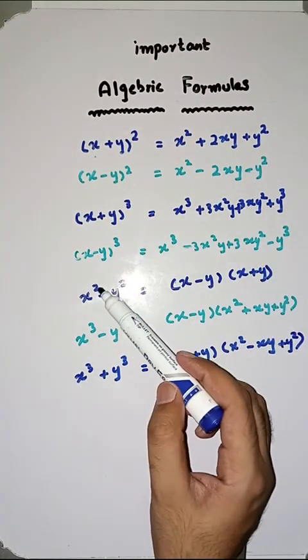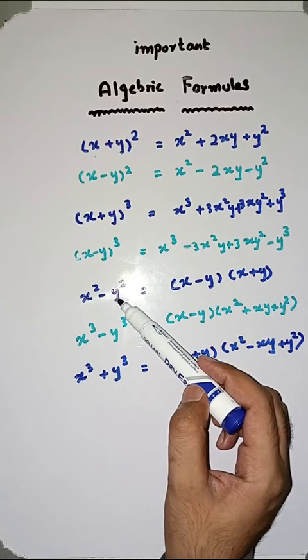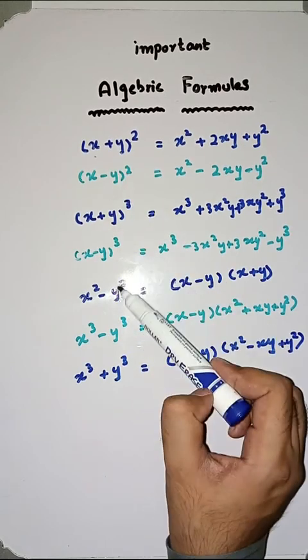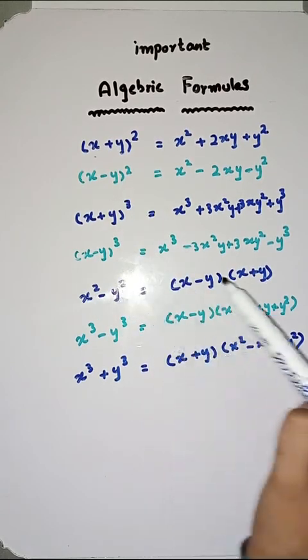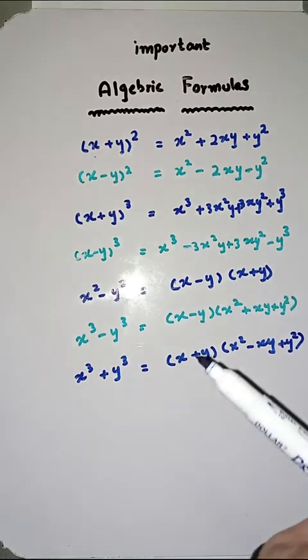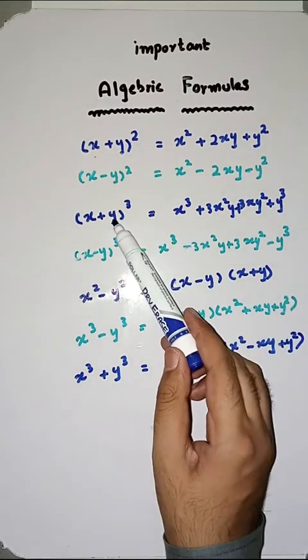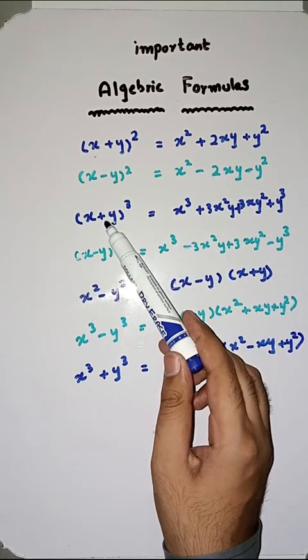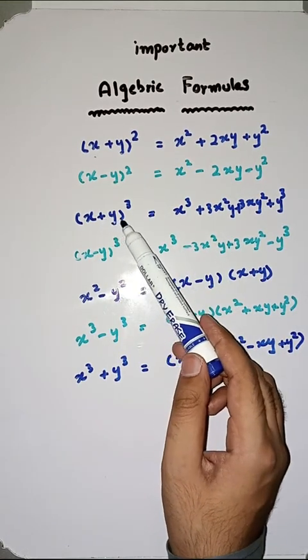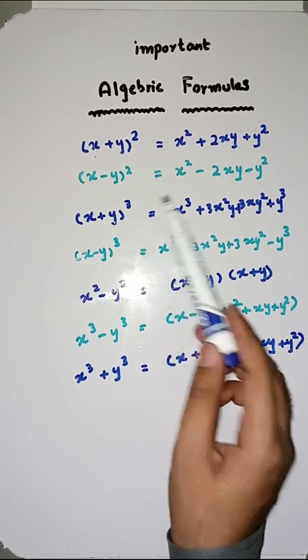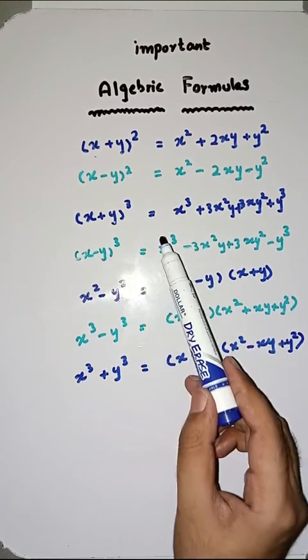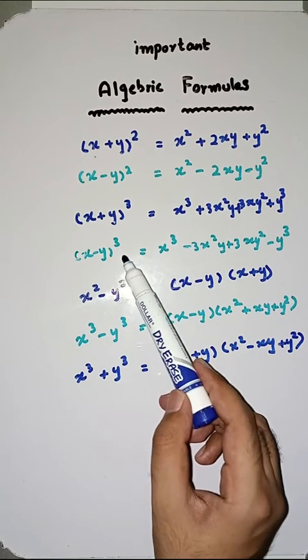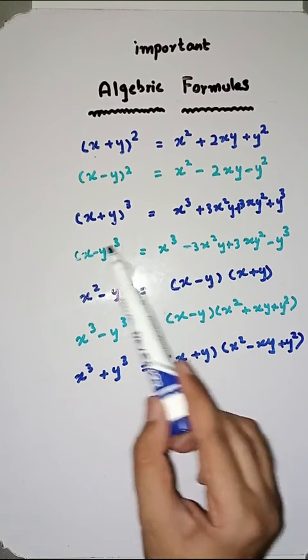Similarly, there is a formula x square minus y square, which is equal to x minus y into x plus y. Then x plus y whole cube, which is equal to x cube plus 3x square y plus 3xy square plus y cube. Then x minus y whole cube, which is equal to x cube minus 3x square y plus 3xy square minus y